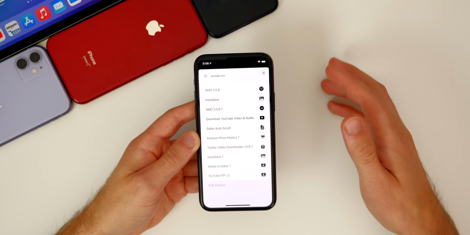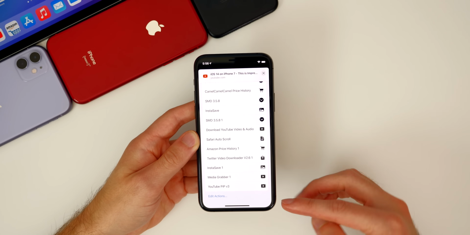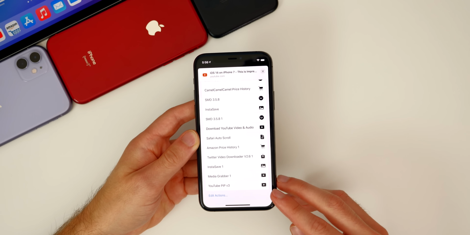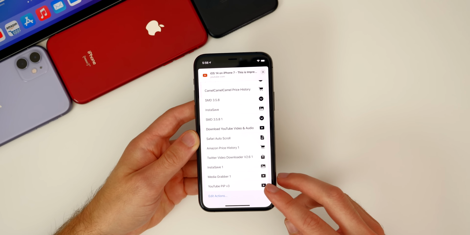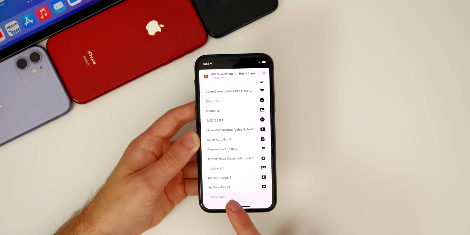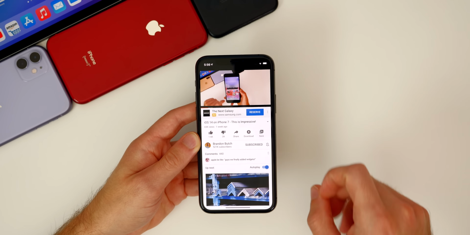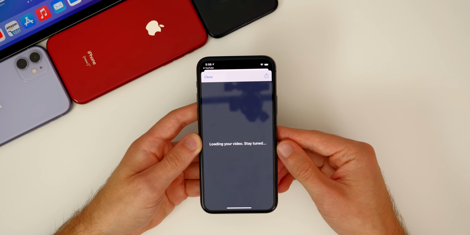Then we're gonna go all the way down to the bottom and you will see your list of shortcuts right here. And at the bottom, you will see YouTube picture-in-picture V3. Now it may not be at the bottom, but of course it is in alphabetical order. So just go ahead and tap on that and you will see it pops up in this window that was